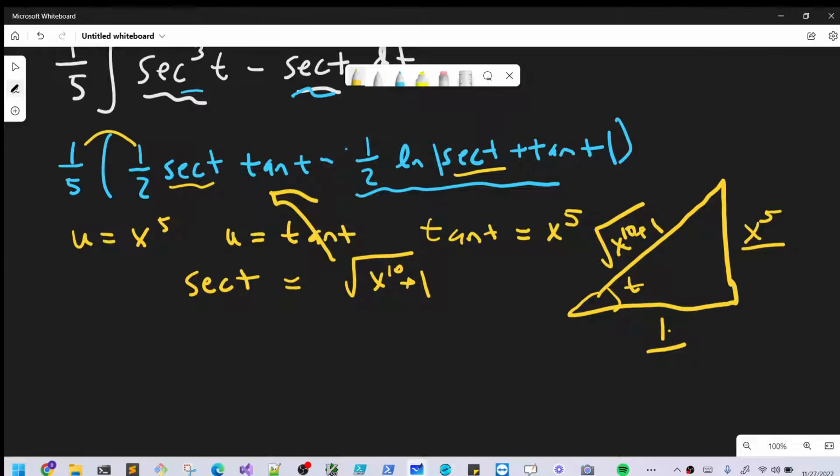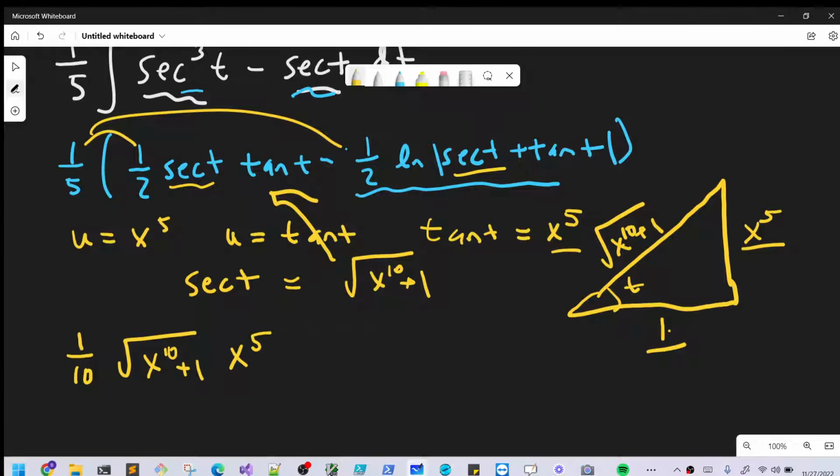And what I'm going to do, let's distribute this 1/5 in here. And so we're going to have 1 over 10 secant t, which is the square root of x to the 10 plus 1. Our tan t is x to the 5th. So let me write it right here. Then we're going to have minus 1/10